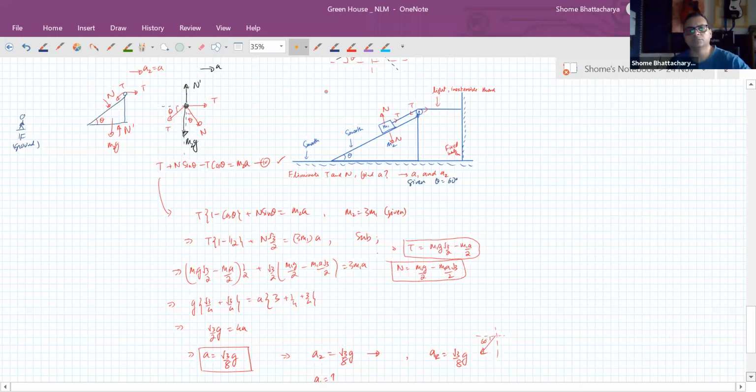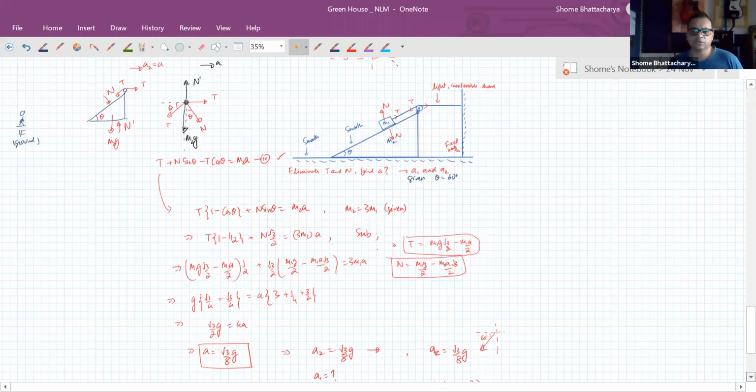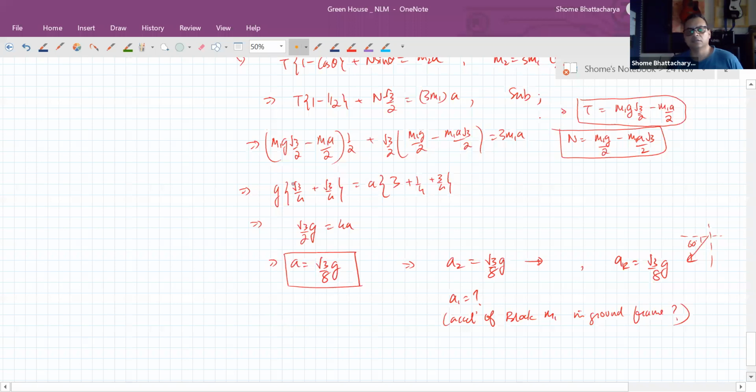Okay, so you reached up to this point, I hope. Now the final part, we want to find out the acceleration of the block with respect to ground. So this is where the concept of kinematics will also come in. Okay, so you'll have to understand it this way that I'm sure all of you know the relative motion equation,